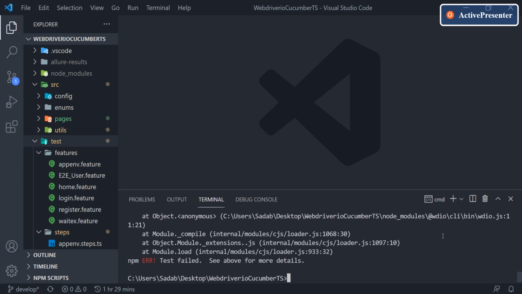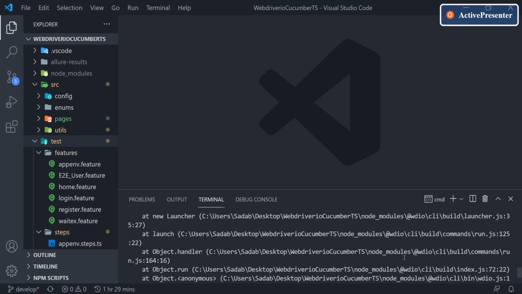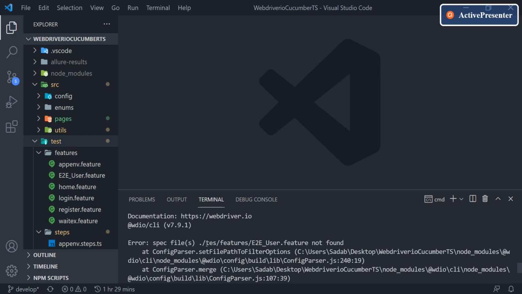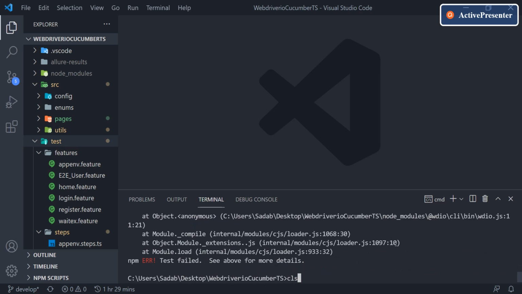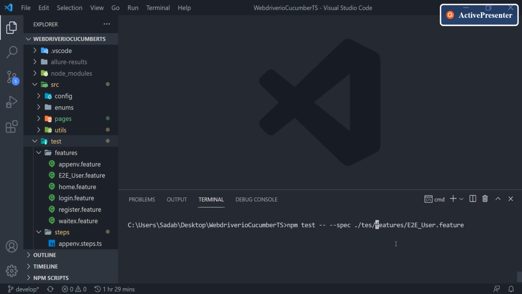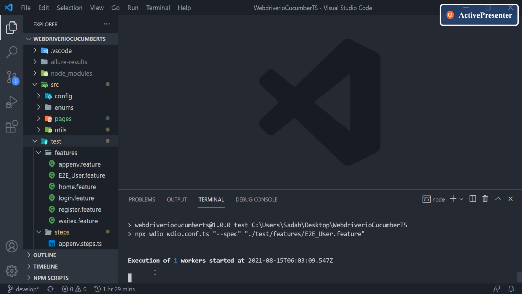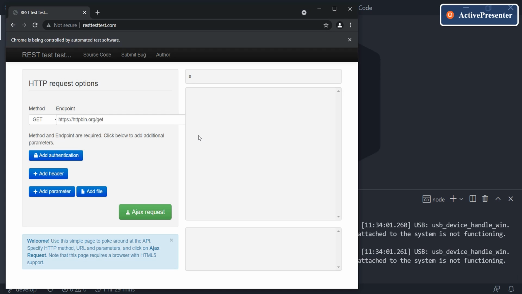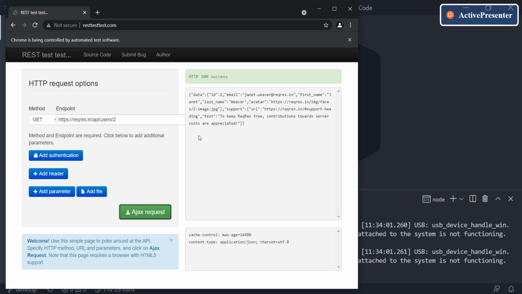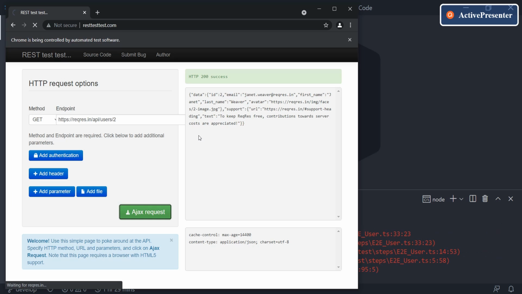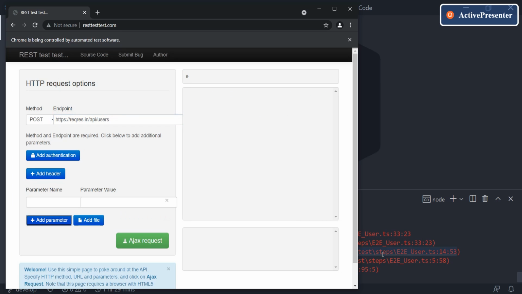So let's run it. Okay, there is some error. Let's see what error we're getting. It's saying the features user is not found, and it is there, right? Oh, spelling mistake. It is "test". When execution has started, let it execute and see if it is working or something is breaking. We'll fix that. So it's trying to execute and validate it. Something is breaking, I can see here, but we'll fix that if something is breaking.